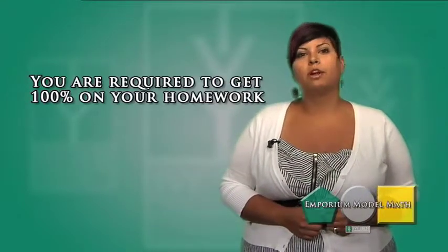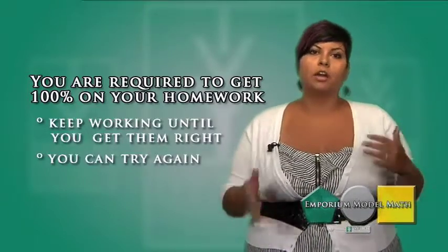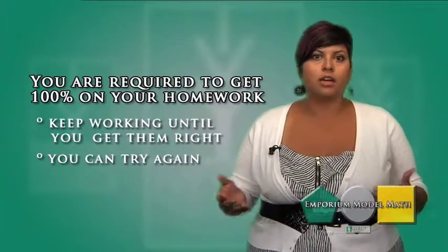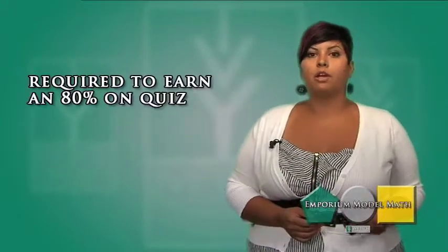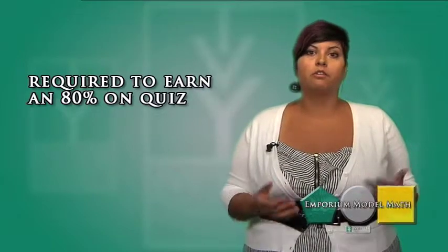You're required to get a 100% on your homework, but it's totally possible because you keep working on the problems until you get them right. If you miss a question, the technology generates a new one, so you can try again until you get them all. Once you have that 100% on your homework for that module, then you take a quiz, and you're required